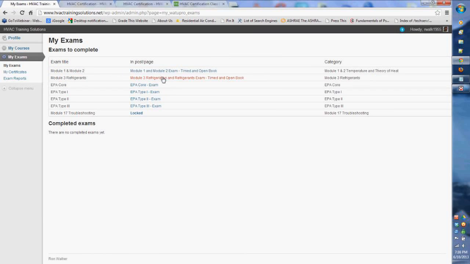Okay, exams. Here's where you have your exams that you're eligible to take. You can't get to the Module 4 exam until you pass the Module 3 exam, and so on, without an 80% passing rate. The exams are set up so that when you take them, there's a 24-hour wait period if you don't hit the mastery level, which is 80%. It's a pretty high bar. I want to make sure that you get this, and you will get it, but we're just going to have to work together to do it.